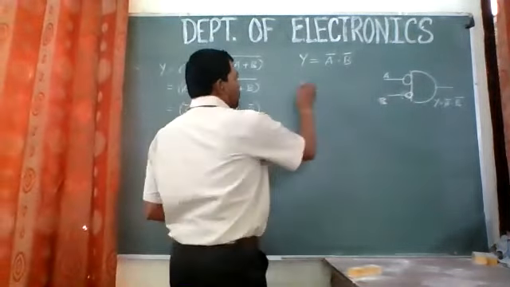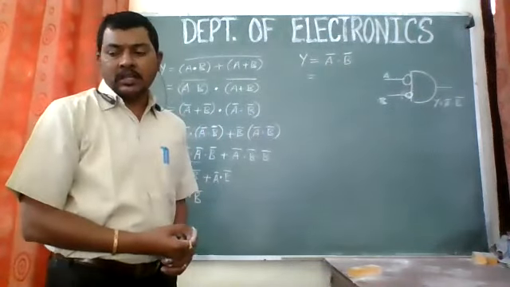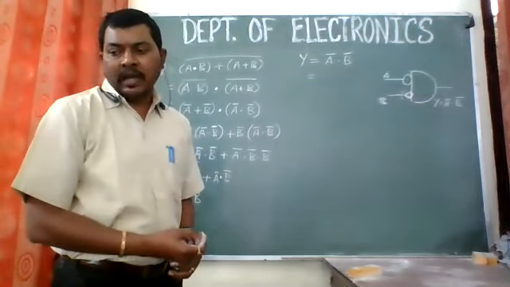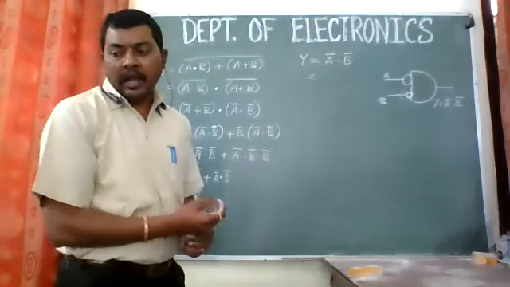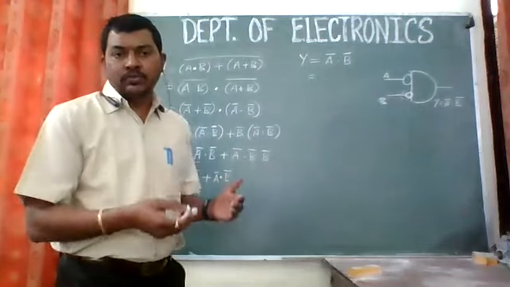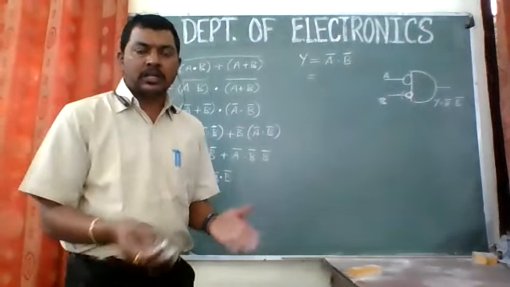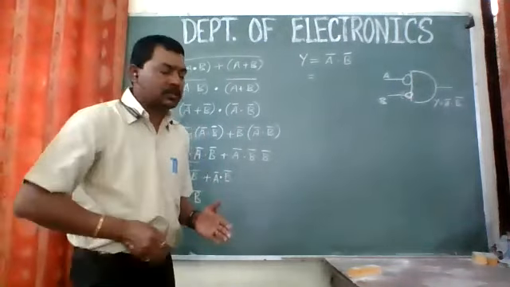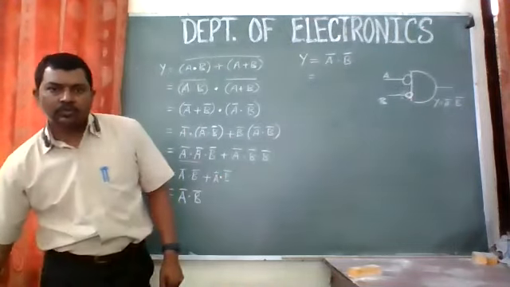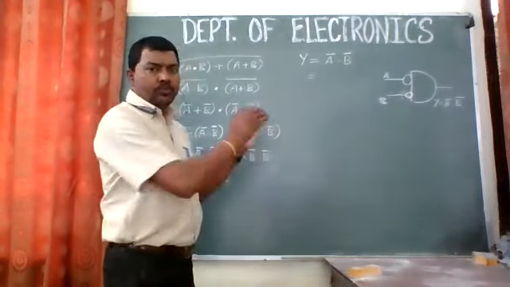Simple. It's very simple. So by using De Morgan's theorem again, we can say that A complement dot B complement can be simplified, let us say, using double inversion. So we'll try some other method. De Morgan's theorem itself cannot be proved by De Morgan's theorem. So let us start with another way out to solve that.